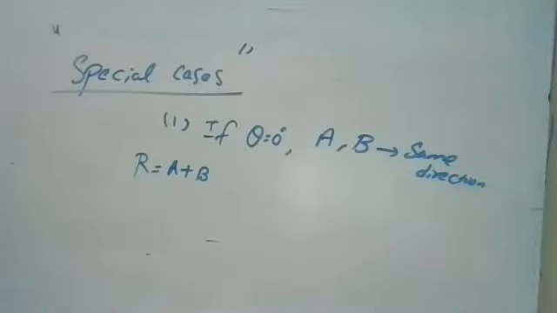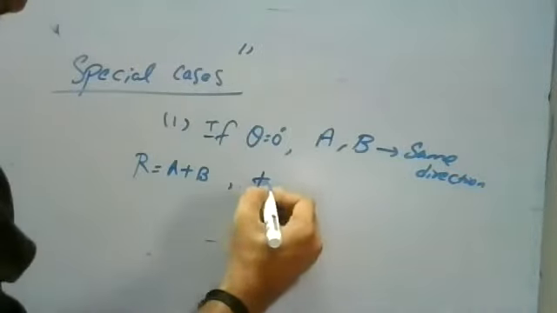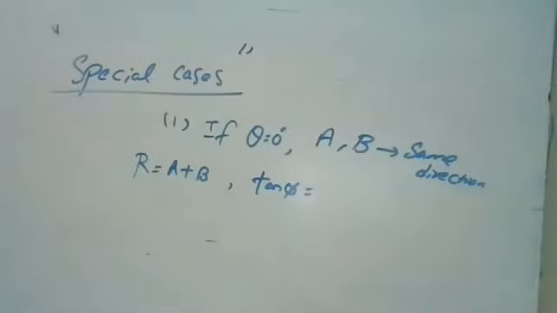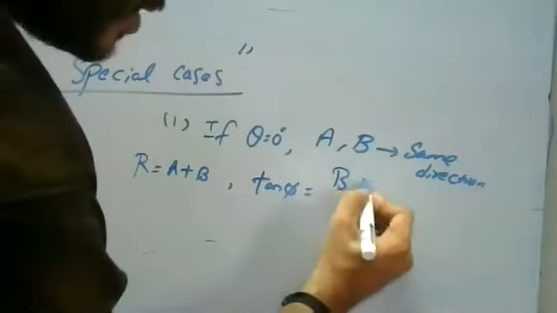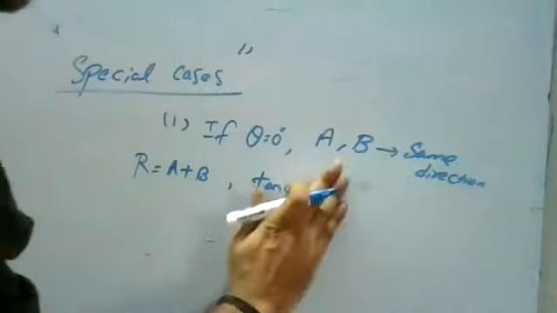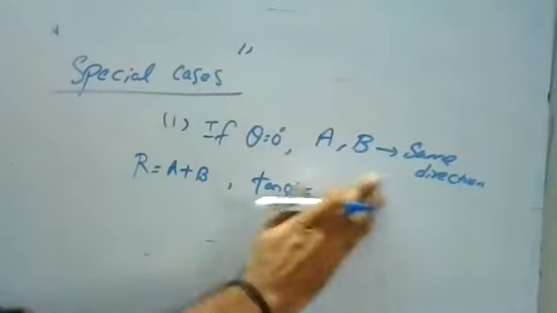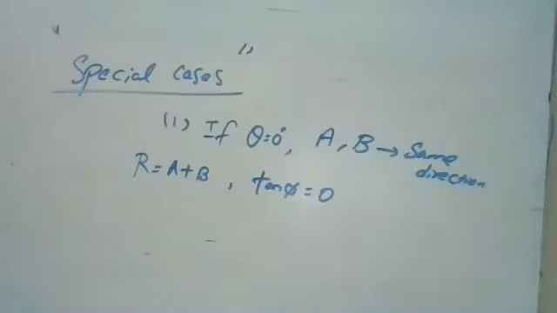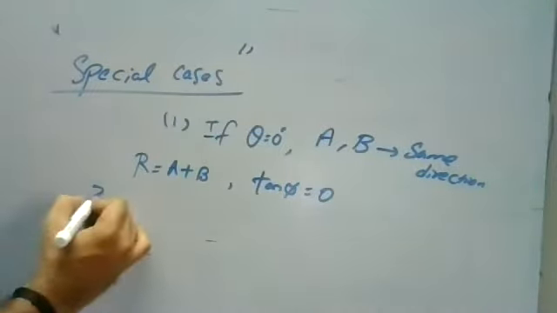Then what will tan phi be? Phi will not exist, because there it is B sin 0 degrees. What is sin 0 degrees? It is 0. So tan phi is equal to 0 because there is no angle between the resultant and A plus B. Both are traveling in the same direction. So the resultant R is equal to A plus B. First case. Second case,